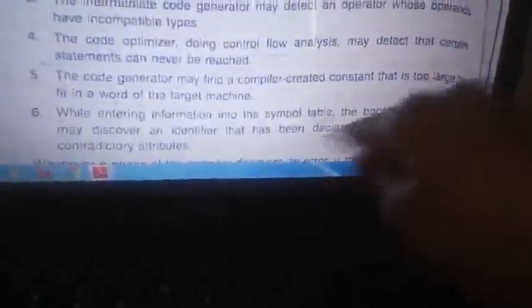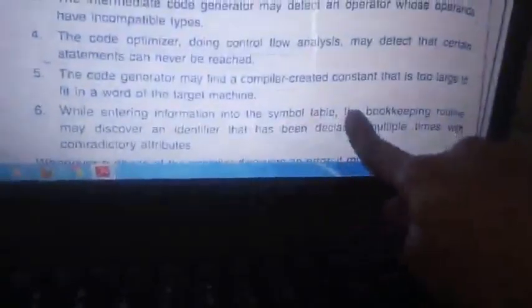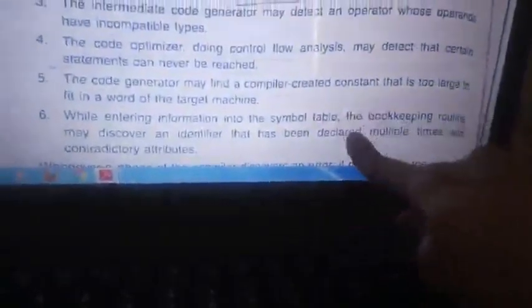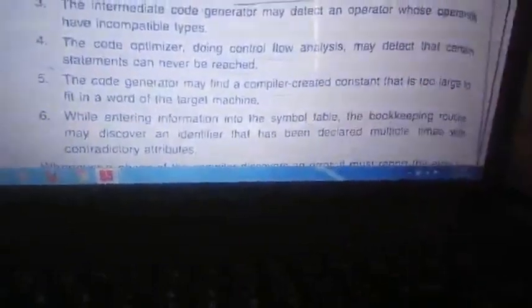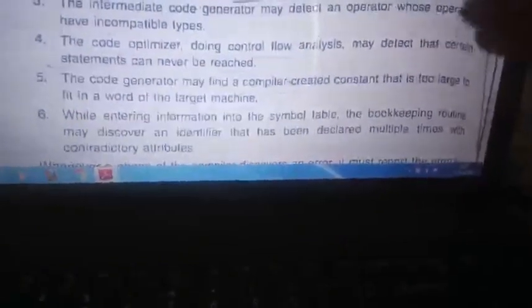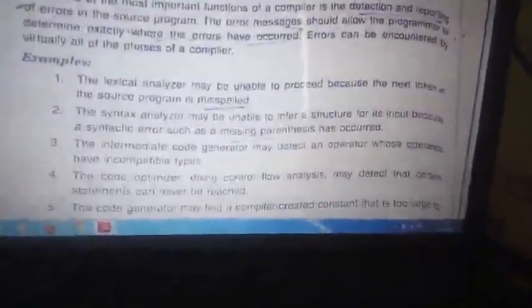So that will be checked, and it will give the entire information in this line number, like bookkeeping. Bookkeeping means in this line number there is an error. So complete error, line by line error it will represent. So this is the error handling method of a compiler. This is what error handling is, a 2 marks question. With an example you need to write all the 6 points.